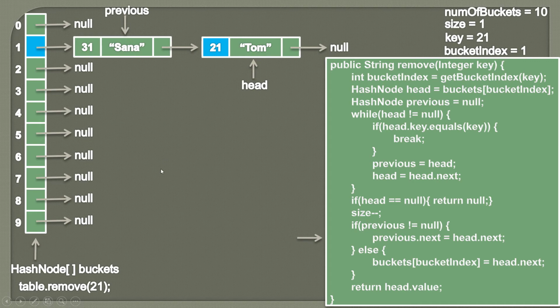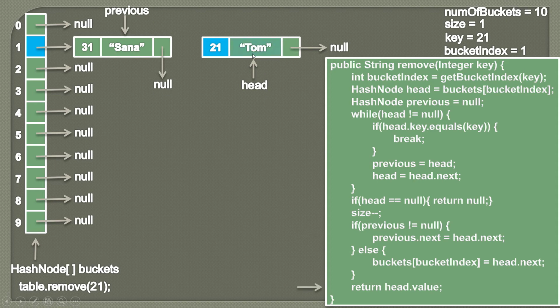So it would look something like this. Now previous.next is pointing to null. And why did we do that? Because let's suppose there are n number of nodes after that, and we want to remove only this key; we don't want to touch other nodes. So to whatever value head.next is pointing, previous.next should point to that node. But here it is null, so previous.next is pointing to null.